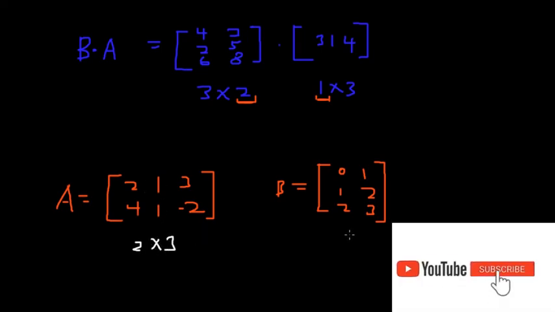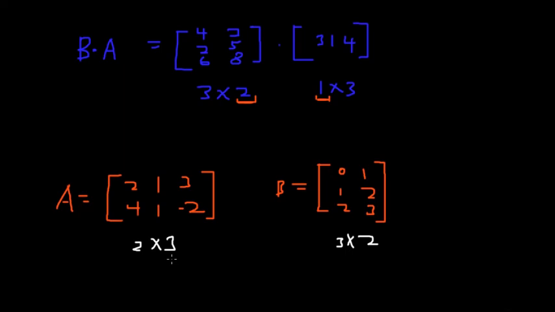columns, okay? And then let's look at B. So for B we have 3 rows and then 2 columns, okay? So in order to check whether you can multiply two matrices, you have to check for the